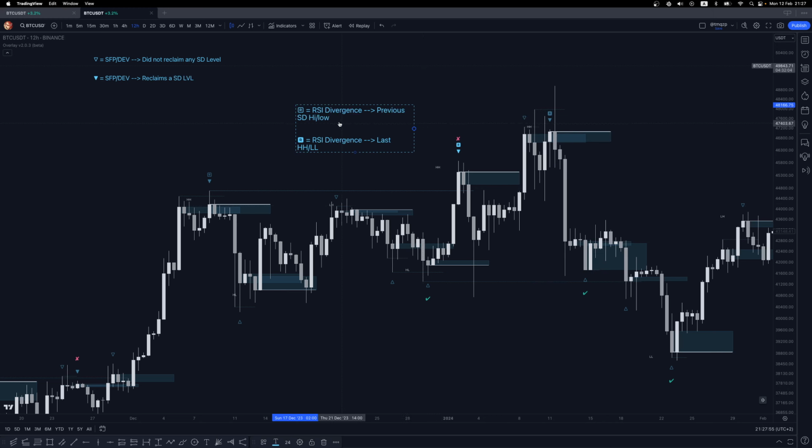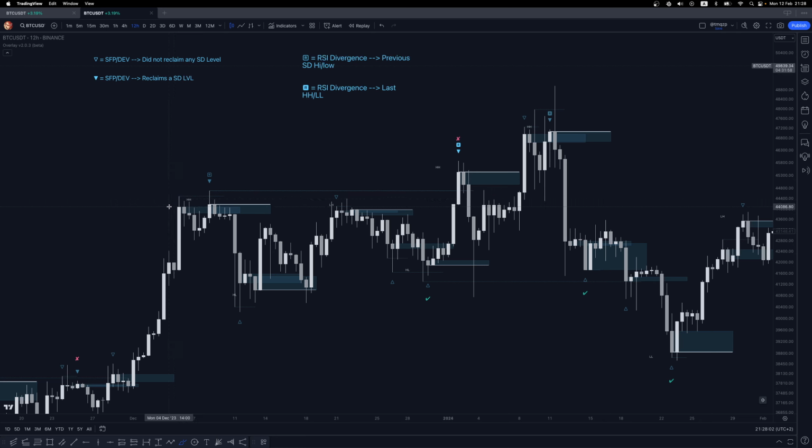And so I'll put this here. So what does it mean? We have a high. We have a slightly higher high. And what this R is telling you is that there's divergence between these 2 points, because the oscillator,